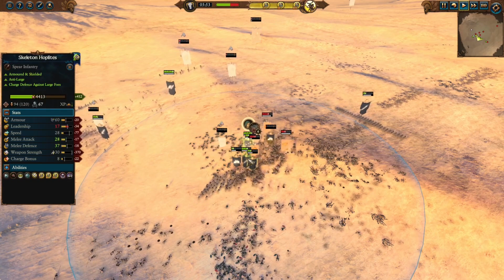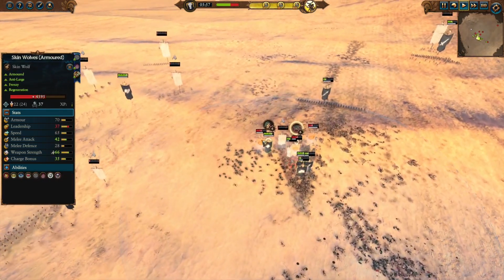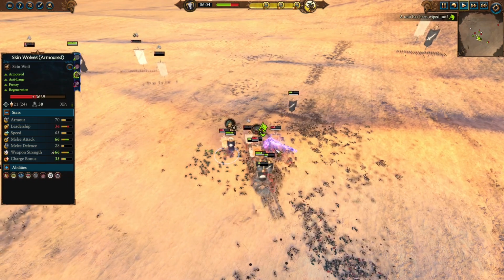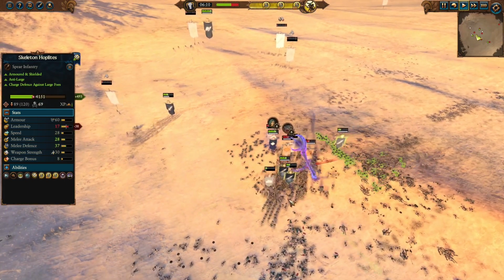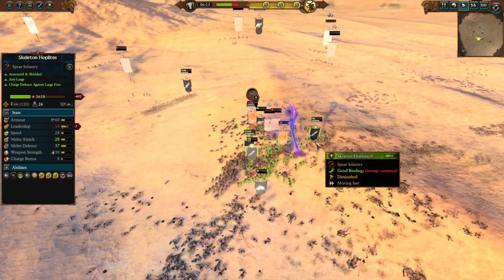Now Throg is isolated, no magic support, and his healing will eventually run out. Same goes for the Skin Wolves, even with their armor. Final Die is now popping up their leadership and melee attack stats, but that is not enough to break down the Skeleton Hoplites. More of them piling in. All three units are consolidating, and I don't have to worry about any blobbing issues because, well, there is nothing